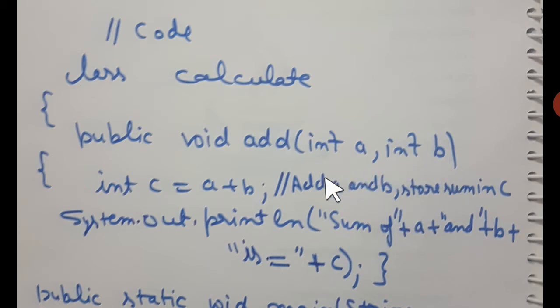I have already told you in the previous videos. So function definition, two formal arguments, and then here is the expression for the sum of two integers a and b. So I've written int c, that's a third variable which will store the sum of these variables a and b. So int c equal to a plus b. Then add a and b, stored the sum in c.